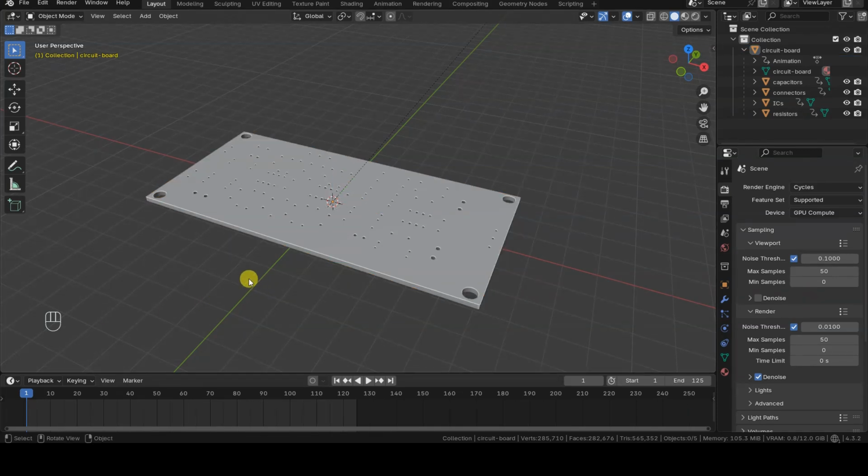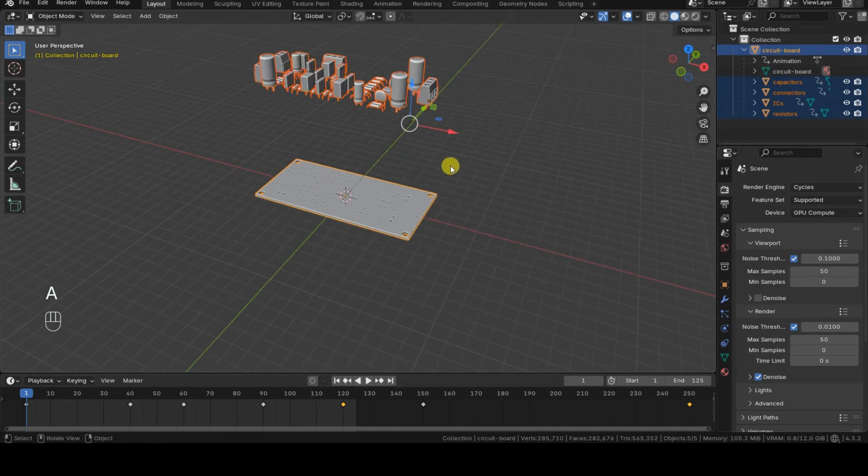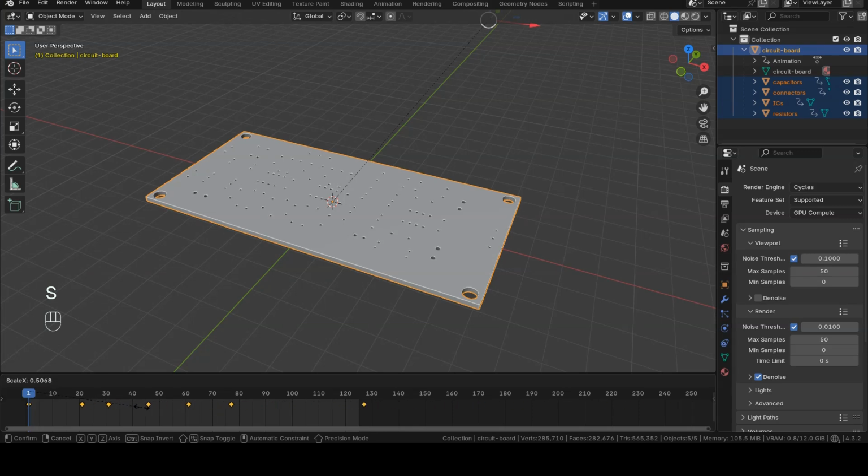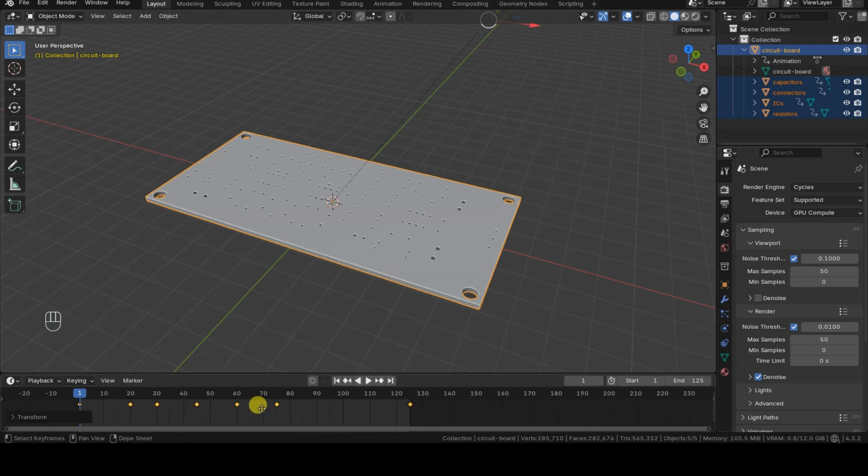To easily shift all keyframes at once and fit them within the new duration, I first select all objects in the 3D viewport by pressing A while the mouse cursor is over it. Then, I move to the first frame of the animation. Now, with the mouse cursor over the timeline editor, I select all keyframes by pressing A. Finally, I press S to scale the selection.